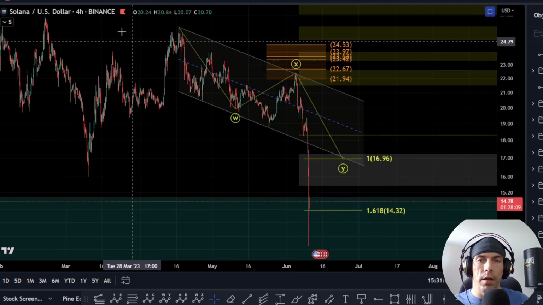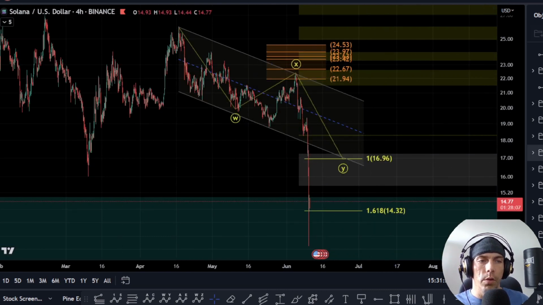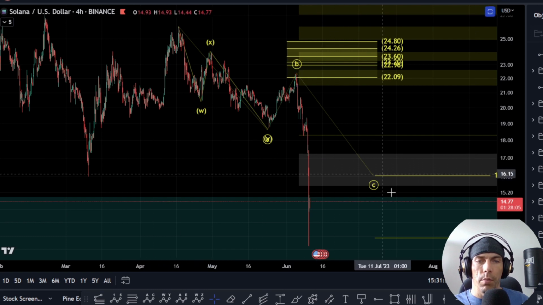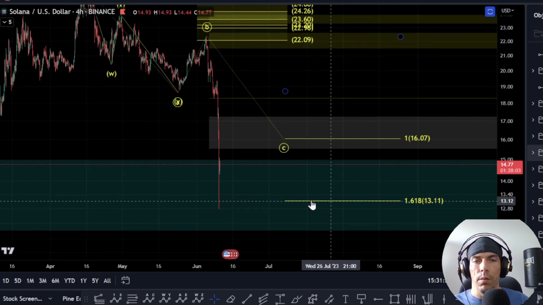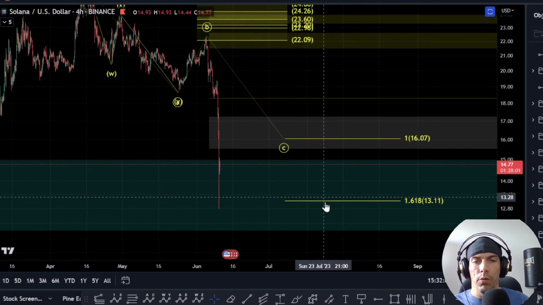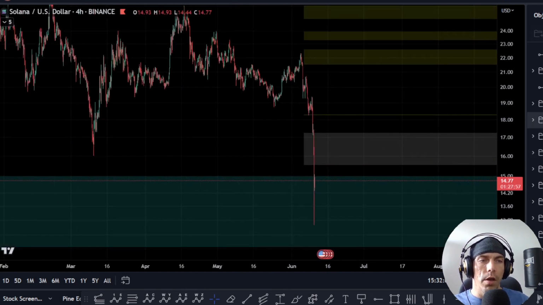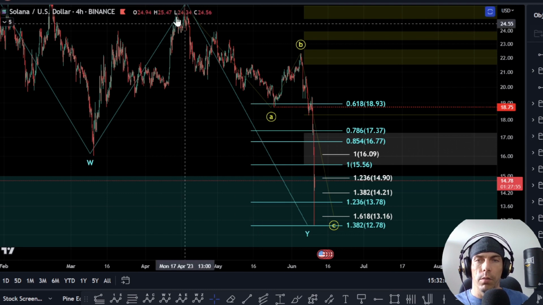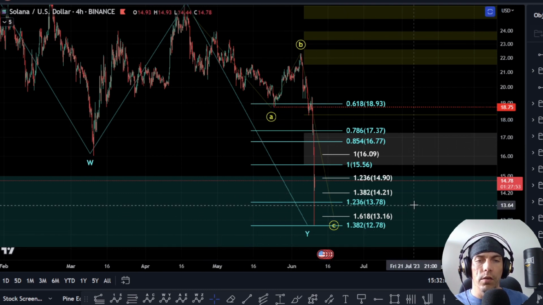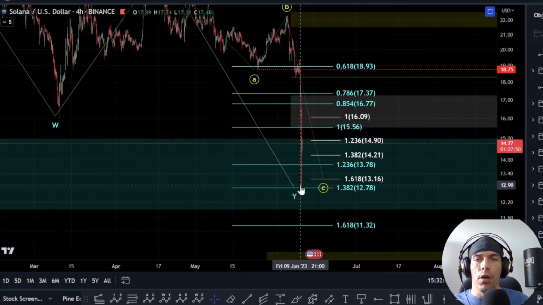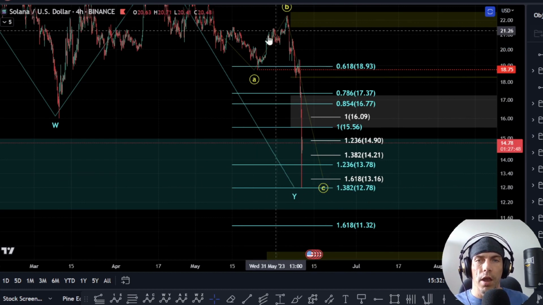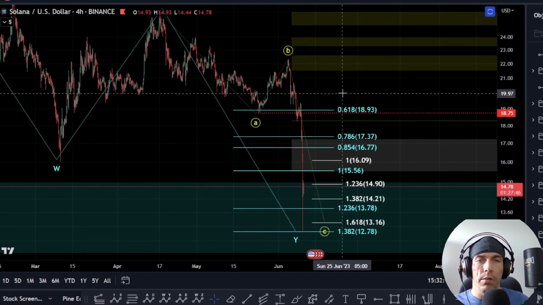Now, we were talking about this possibility in the last video. We had a couple of alternatives that we were looking for here, looking for this possibility that we could see a break to the downside, and we were talking about coming down to this 1-to-1, but we actually came down more towards this 1.618. So what I'm looking for now is the fact that within this count we could just have this as A, B, and C. Now this C wave might not be completed yet. We did come down to this 1.618 of this move here as an A wave,